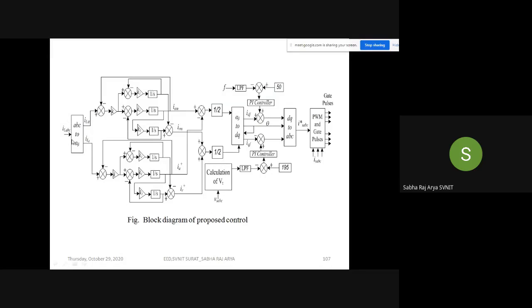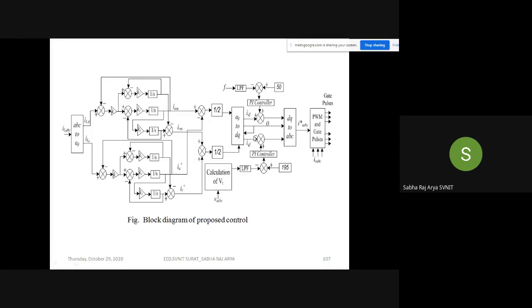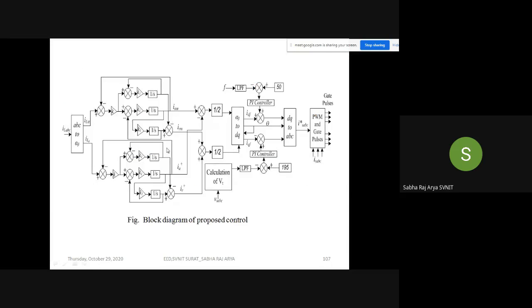Here you can see ABC to alpha beta conversion. Then we have one circuit, and we have found the modified value of alpha beta, then converted to DQ. After that we have a reference current, and that reference current we have used to generate the required gate signal. We are telling simply only, because we cannot tell everything, and you may also not understand. Only we are telling you the main things. Our main thing is we should convert ABC to alpha beta to